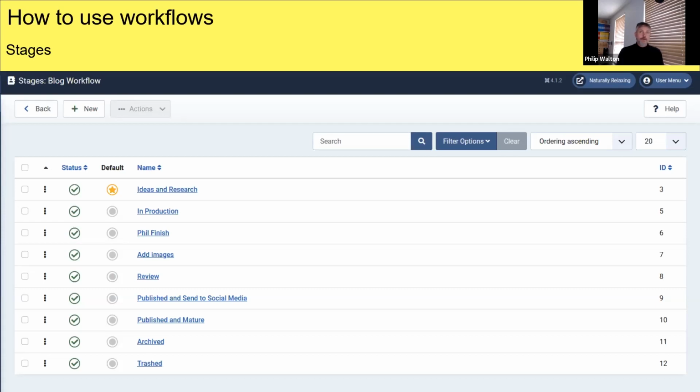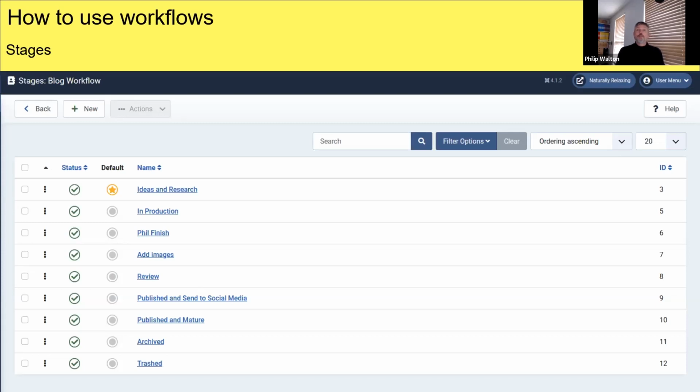Let's say the article is to do with Christmas, what to buy your cat for Christmas. And our site's about cats all the time through the year. We may want to republish the social media associated with the article, but not switch the article off. So I can leave it in publish and mature, and then one day decide, right, it's a month before Christmas, we want to push this article.